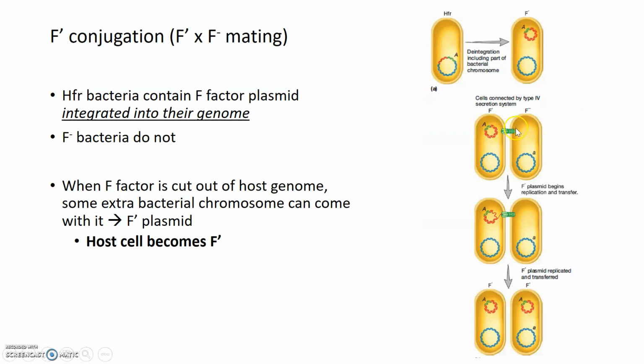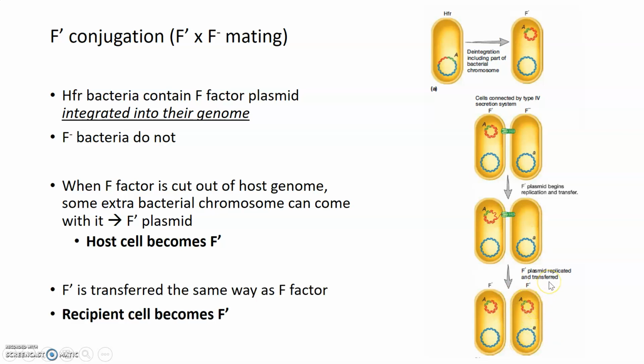And so it can generate a sex pilus, it can pull the F negative cell towards it, and then in the same way as an F positive cell, the F prime plasmid can be replicated through rolling circle replication and transferred into the recipient cell, which can then become F prime as well. And so rather than an F positive cell generating another F positive cell, in the case of F prime conjugation, an F prime cell that's donating its plasmid to an F negative turns that F negative recipient into F